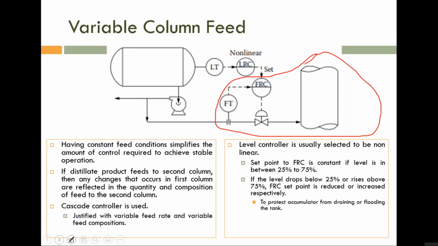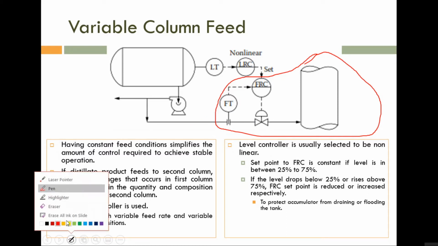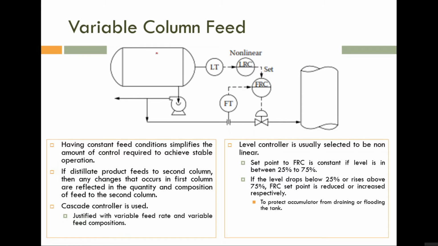Okay, and one more thing: for both these purposes, in order to maintain the level inside this accumulator constant, and in order to maintain the feed flow rate inside this second distillation tower constant, we are manipulating the same flow rate. I am saying this flow rate because for this accumulator, it is a liquid distillate, and for this distillation tower, it is a feed. So the flow rate through this line is manipulated for these two purposes.